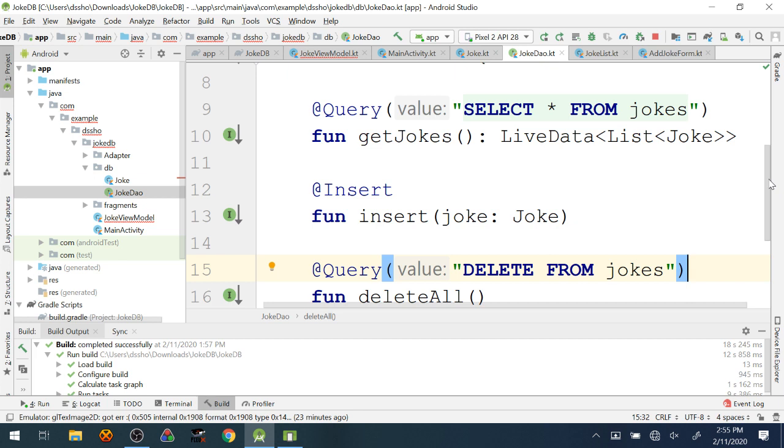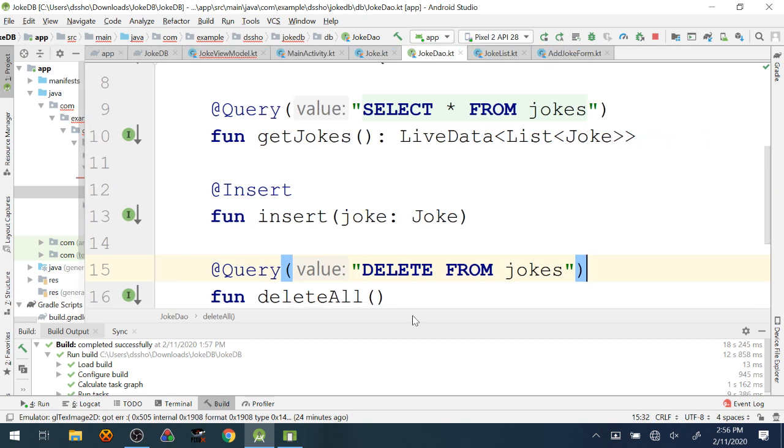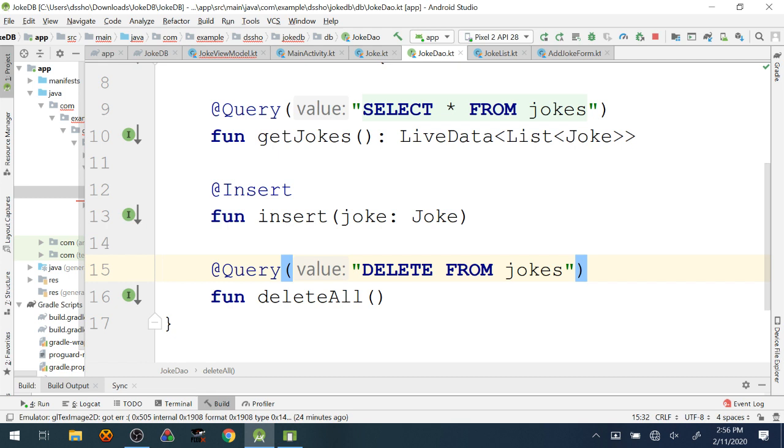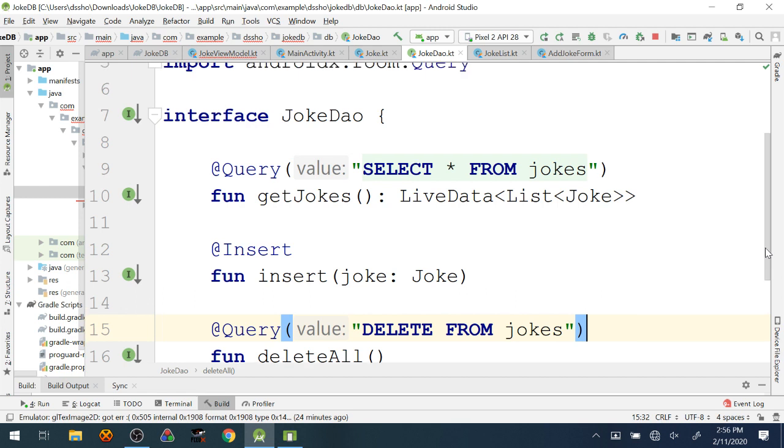And so I can continue doing this, right? However I need to access the data, however I want to use this database, I can keep adding functions here and tying SQL queries to those functions that I can then use in my view model, or to access the data and pass it to the view later on. Or actually the repository as well, which is something we're going to be getting to very shortly. Are there any questions about this data access object? It's a pretty critical piece of the whole operation. Pretty critical part. Cool.